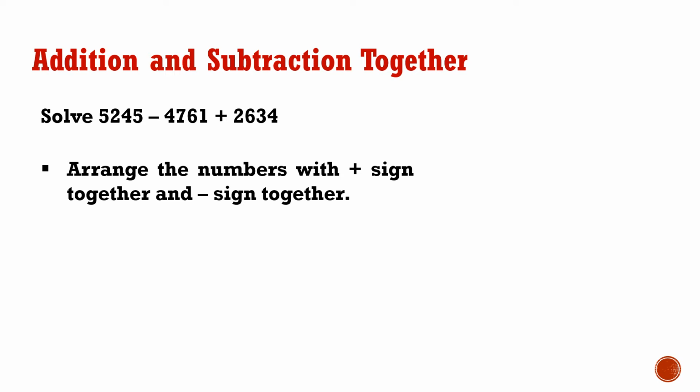Here 5245 and 2634 are the positive numbers. Then arrange the numbers having negative sign, that is 4761. Now in the second step, add the positive numbers. Here 5245 plus